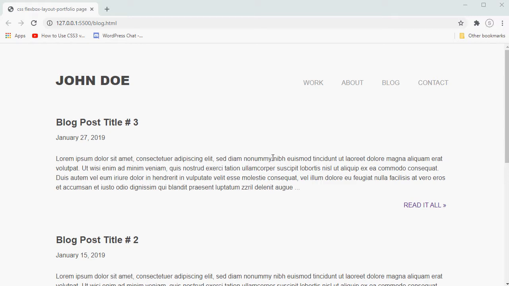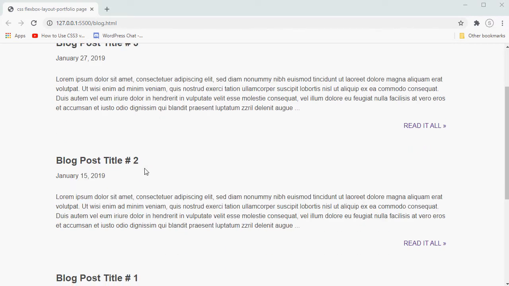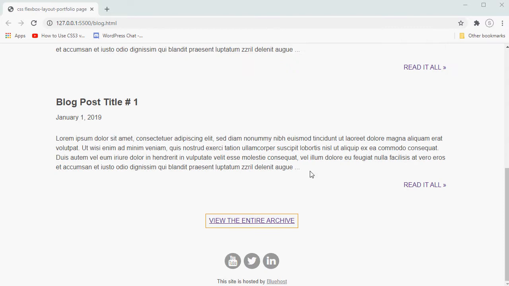Again, it can be used if you want to incorporate a blog on your portfolio website, and this can be incorporated into WordPress. As you can see, we have three test blog posts, each with a blog title, some date, and the dummy text. So it's post 3, post 2, post 1, and at the bottom it has a view the entire archive link. By clicking this link,